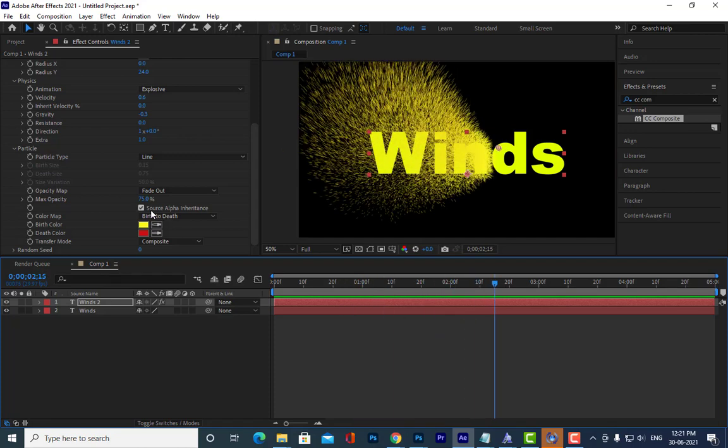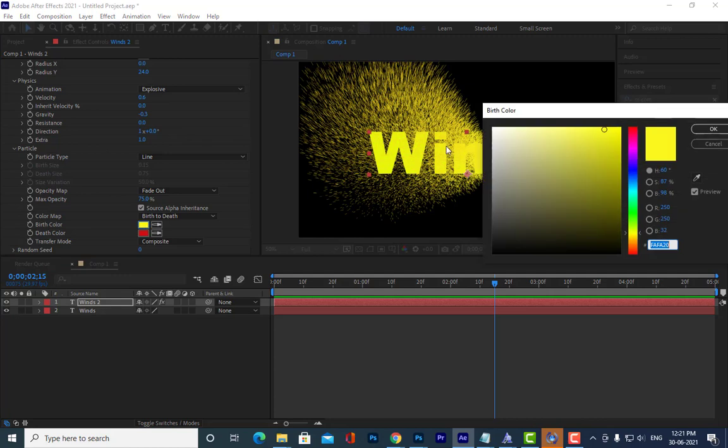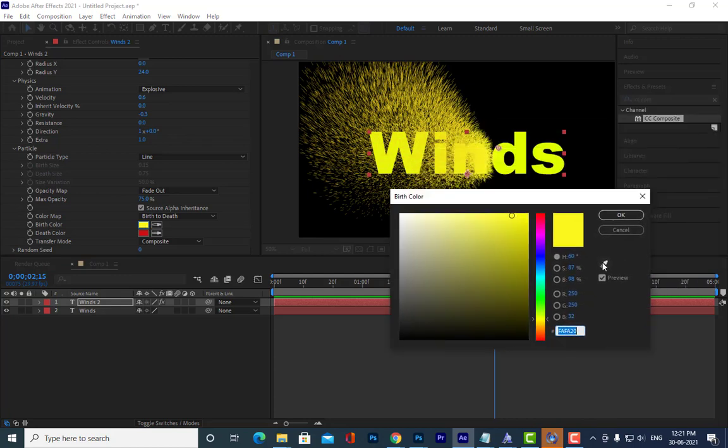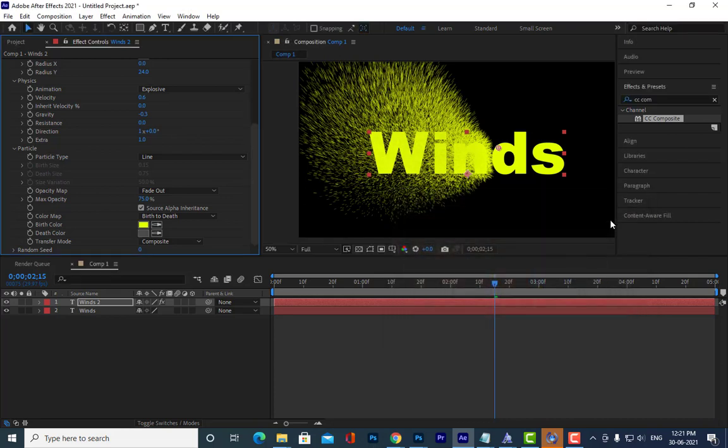Okay, so this is the option, source alpha inheritance. Okay, is it clear? And the next important thing is birth color and death color. So for the birth color, we can pick the same yellow color here. But the death color we are going to give some grayish color. Okay, are you able to understand?